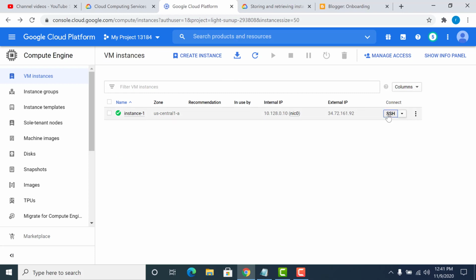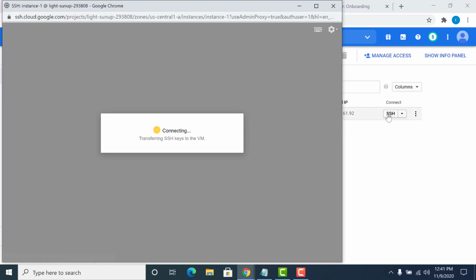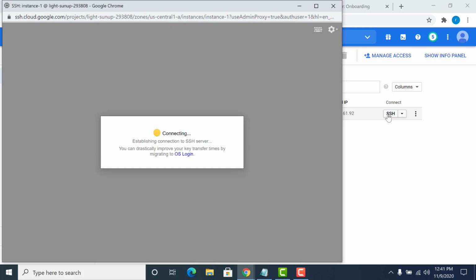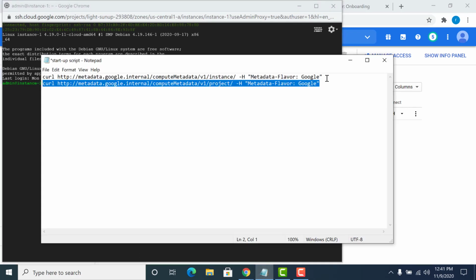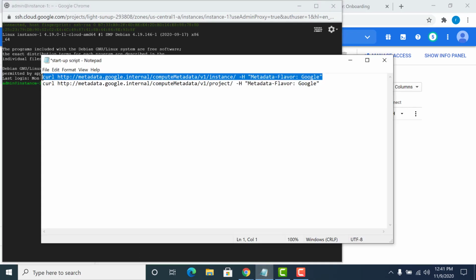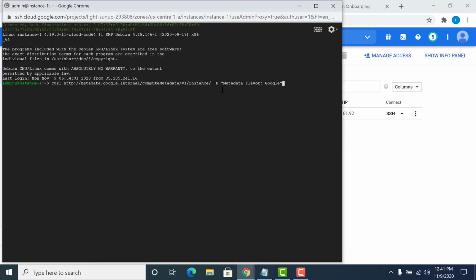I will just log in. I have the email, I have the URL here. If I copy this URL and paste it here, it will give me multiple outputs.